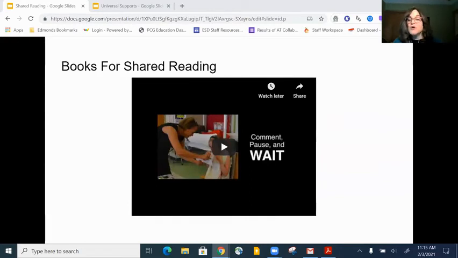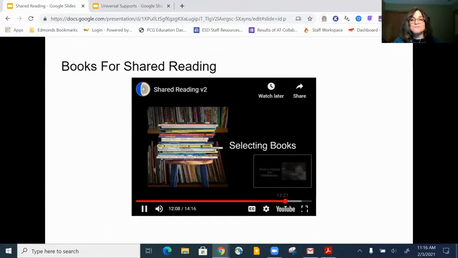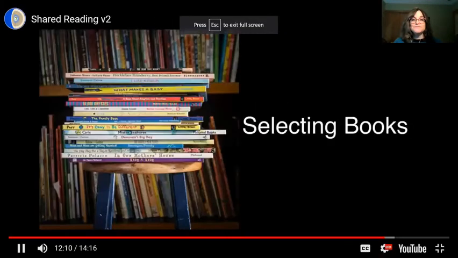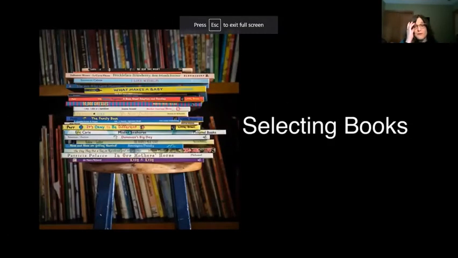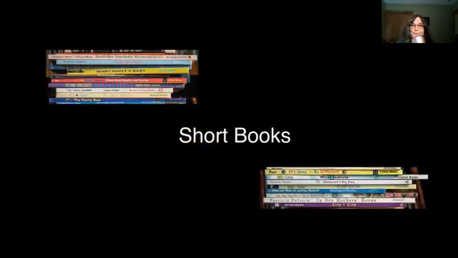Okay, one more quick little video about choosing books to use for shared reading, how to choose a good book. There are a few important things to keep in mind when selecting books for shared reading. To begin, look for short books that can be read and possibly reread in a single activity.